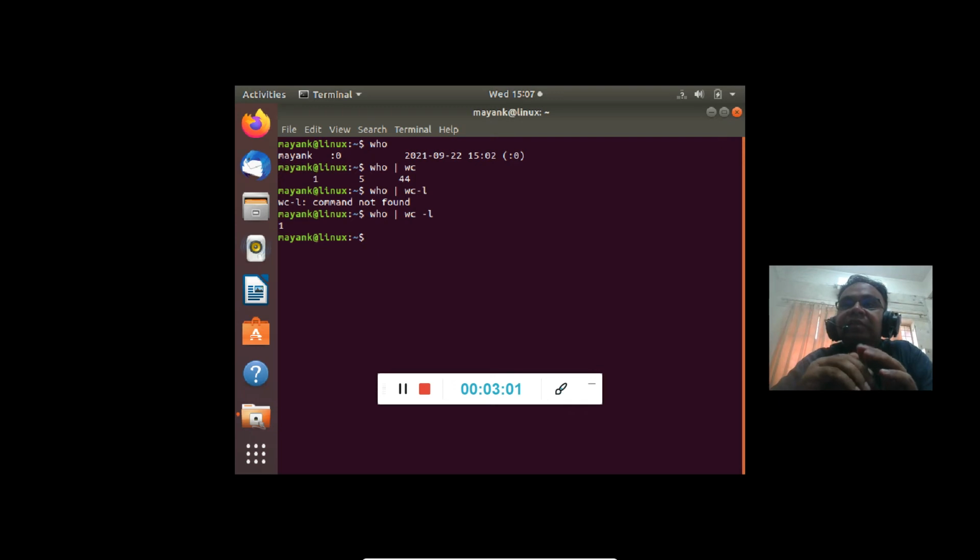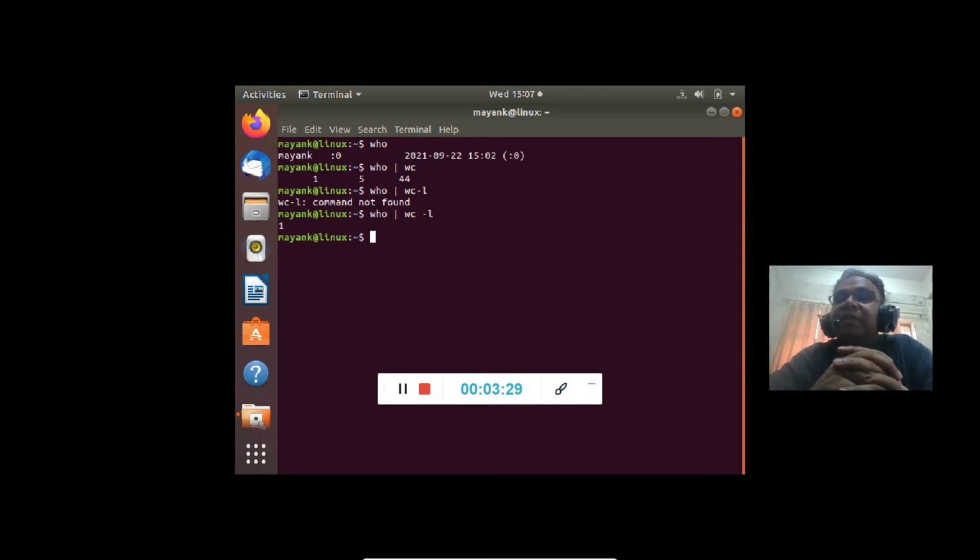So if I wish to know how many users are there, I can use the command in such a way: who pipe wc minus l. This is one of the functions of the pipe command. We have to remember that pipe takes as input the output given by the command which is written on the left-hand side of the pipe.